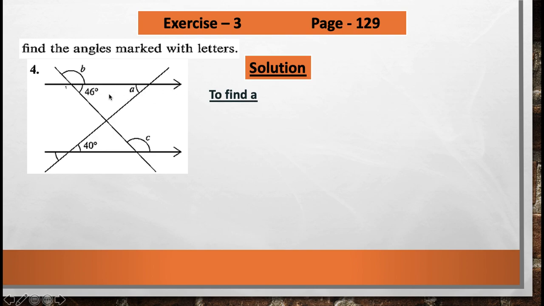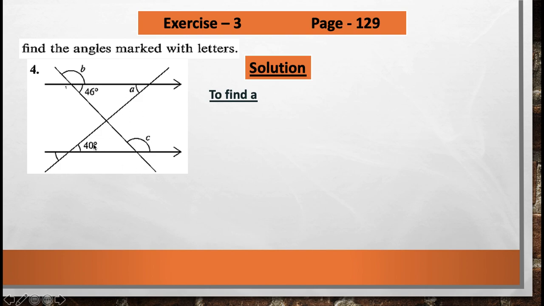To find A, when you get a diagram, see here these 2 lines are parallel, right? And this is a transversal and another transversal. In the beginning, when we spoke about transversals and parallel lines, I spoke about this feature. Angle 40 and angle A have a relation. They are alternate angles, on opposite sides of the transversal.